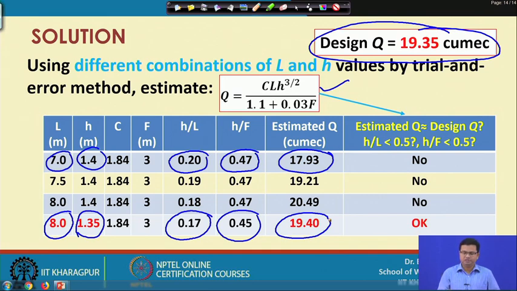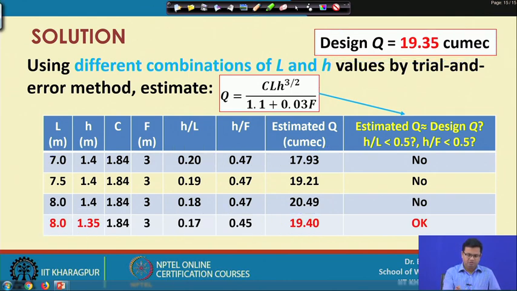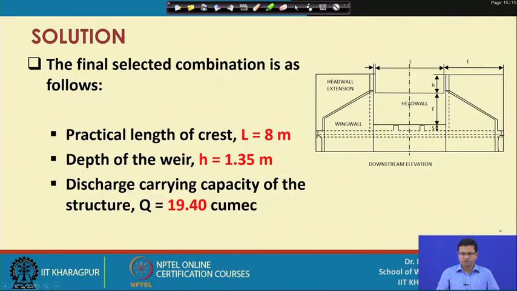So, my revised design discharge is now 19.4 qmec and the value of L equal to 8 meter and value of H equal to 1.35 meter. So, now by knowing this small h, capital L and design discharge Q, I can now design my drop spillway